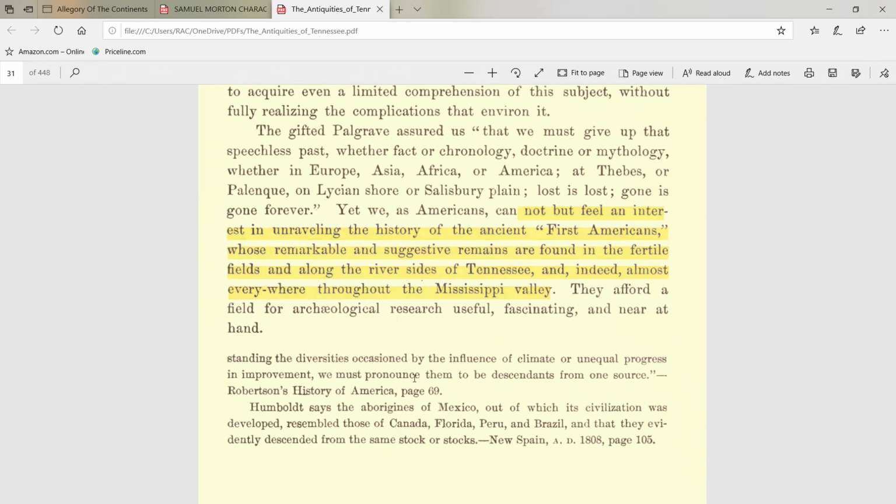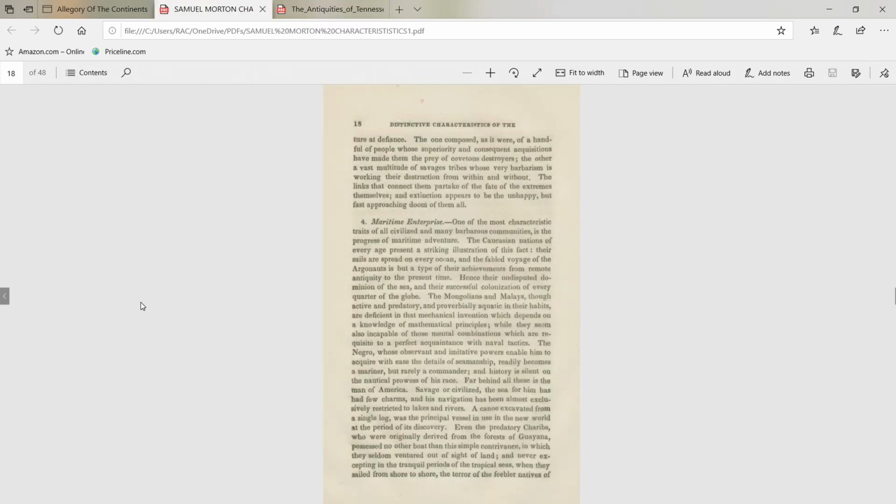That's from Robertson's History of America on page 69. Then Humboldt says the Aborigines of Mexico, out of which its civilization was developed, resembled those of Canada, Florida, Peru, and Brazil, and that they evidently descended from the same stock or stocks. And that's in a book called New Spain from 1808, page 105. Also in this book right here, they make a comparison to Europe, Asia, Africa, and America when they're talking about something, which takes me back over here to Sam Morton's book, An Inquiry into the Distinctive Characteristics of